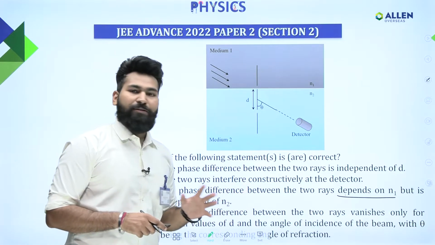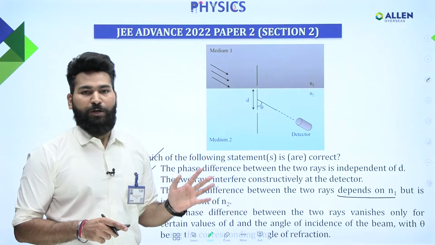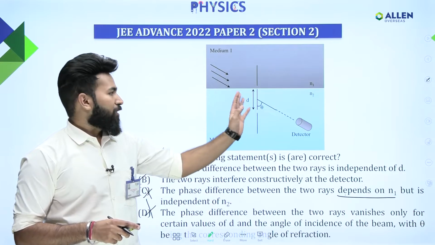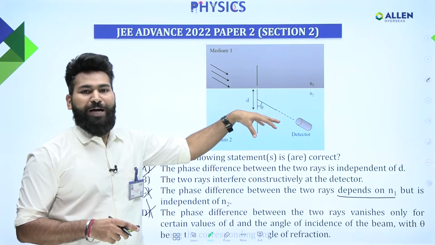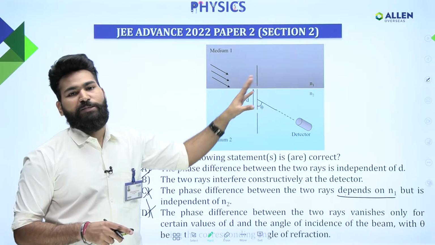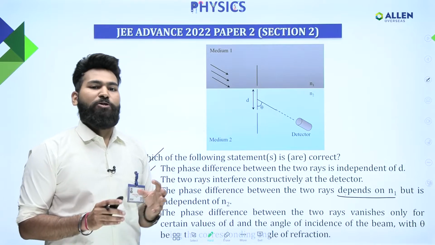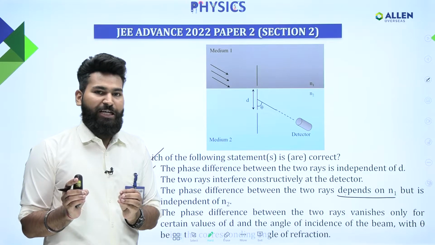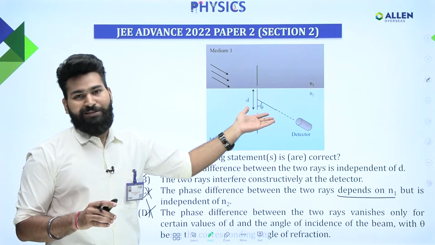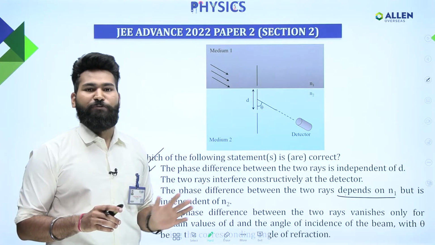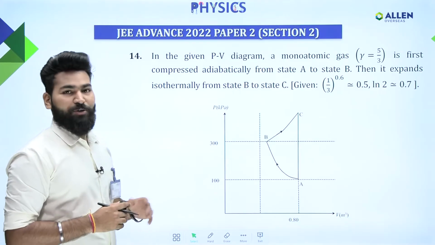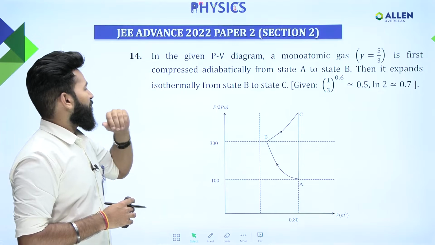Now again, I must say that this question is also not at all tough, right? The only thing that you had to do is to calculate the path difference between the rays. We just use a certain amount of geometry and Snell's law, and that's it. The question is finished. Now let's move on to the next question, which is question number 14, that in